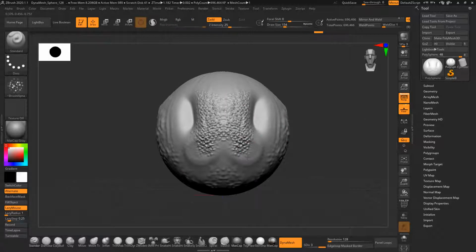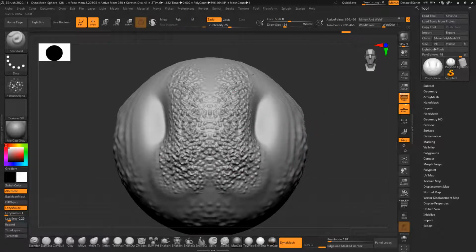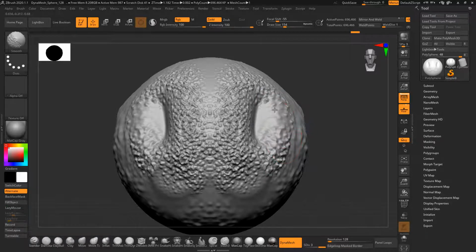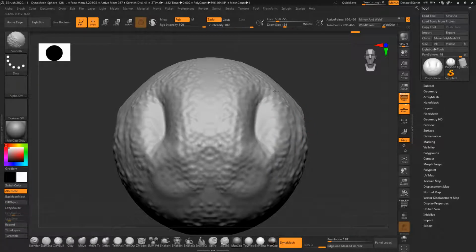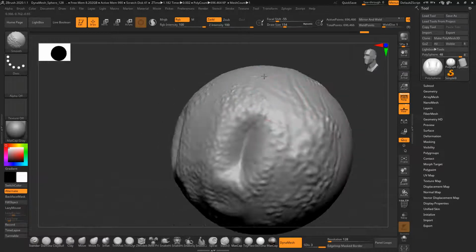And then you can start again. So you can add the information, and if you want to smooth it, you can just do the smooth. So this helps in adding muscular details and other fine details.